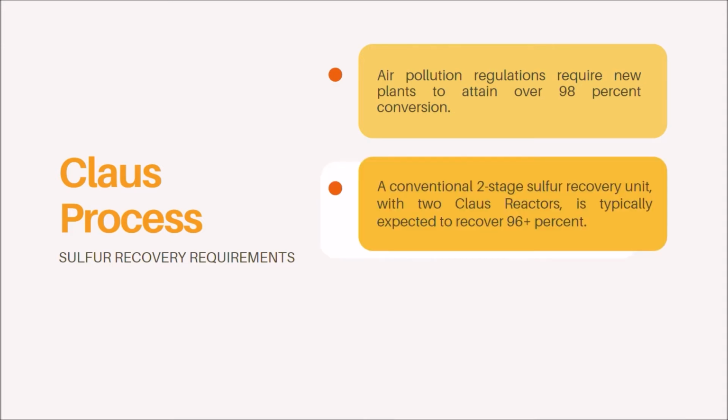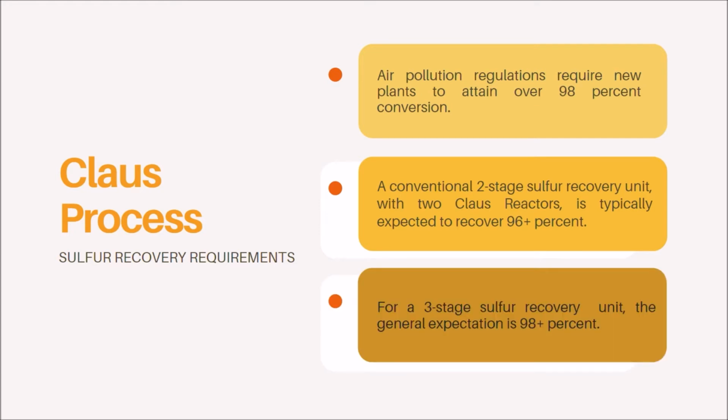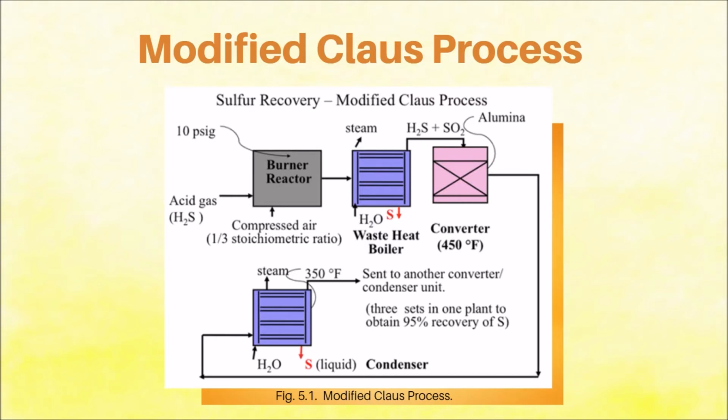A conventional two-stage SRU with two Claus reactors is typically expected to recover 96+%. For a three-stage SRU, the general expectation is 98+%. Let us now proceed to the modified Claus process. This figure shows the configuration of the multi-step modified Claus process that includes two kinds of reactors, a burner reactor